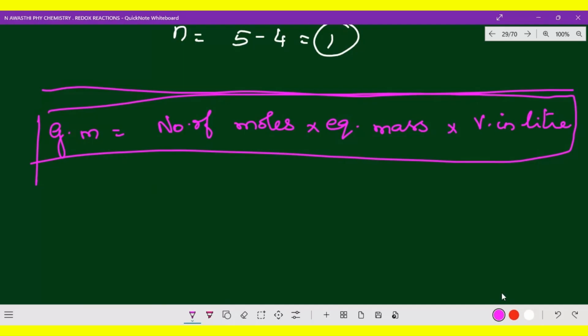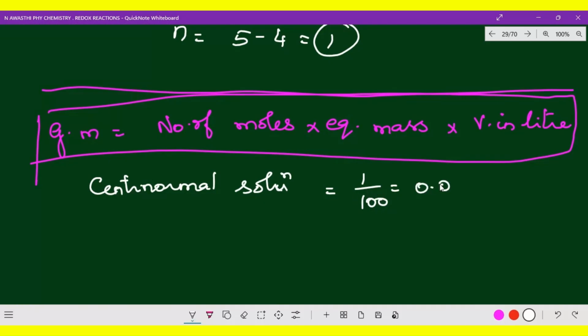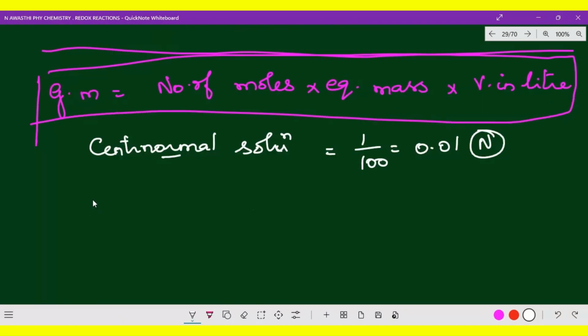Now, one more point: they have given a centi-normal solution. Centi-normal solution is actually centum, centi, that is 1 by 100. So 1 by 100 means 0.01 N, that is normality. Oxalic acid,